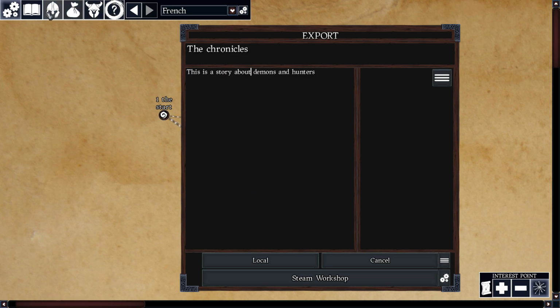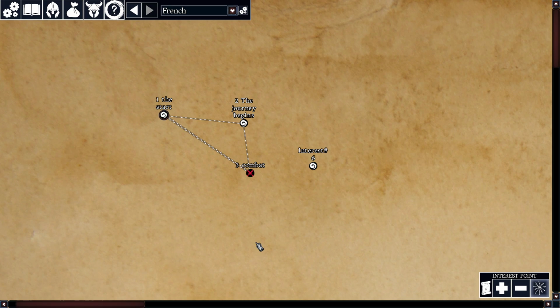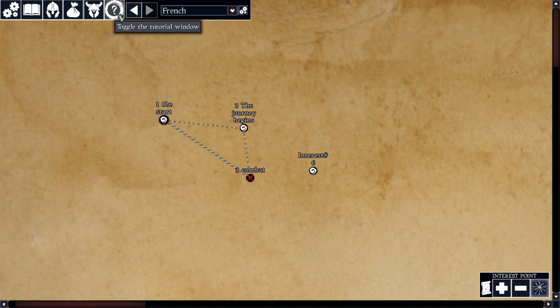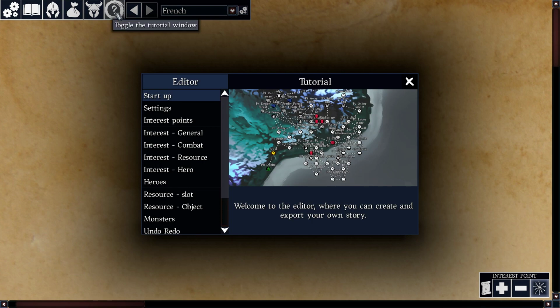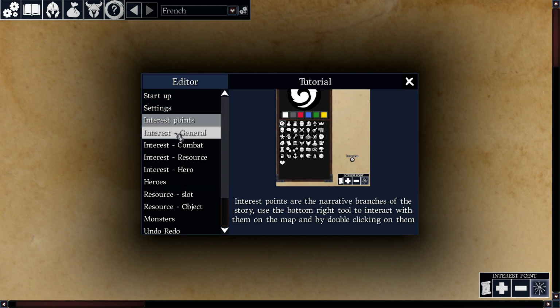And for example, I will export it locally. And as you can see as well, if you have any question, you can toggle the help. It has a few ideas of what